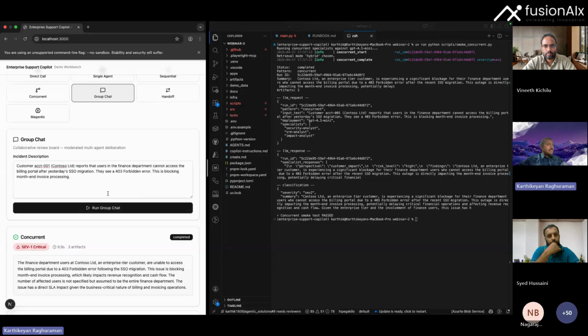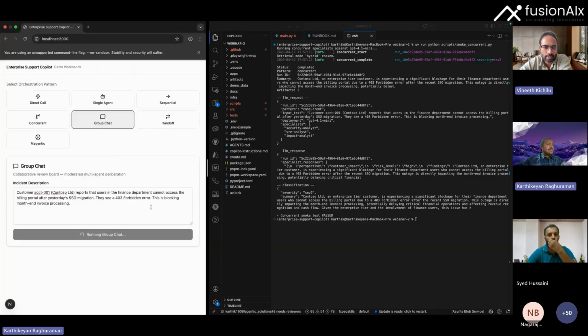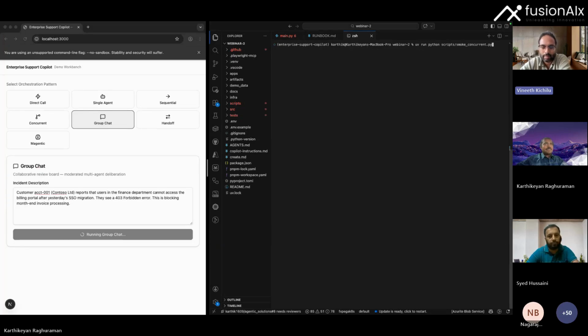The group chat is the. Shall I do the group chat now, or do you want to get into the implementation? The group chat one, I showed a sample with mine as well, so we can do it later. I think the public got the idea about what a group chat is already, right? Okay, I've run it anyway. It just takes about 90 seconds to run.